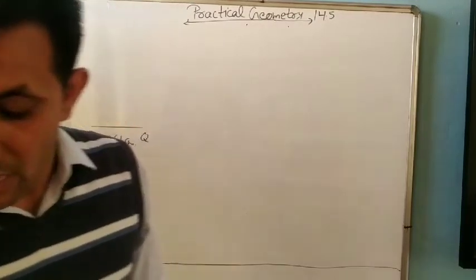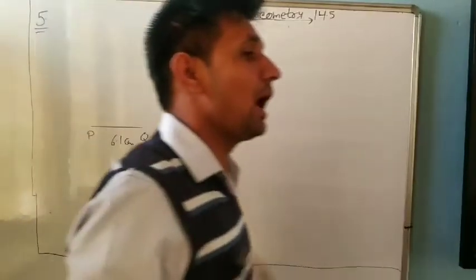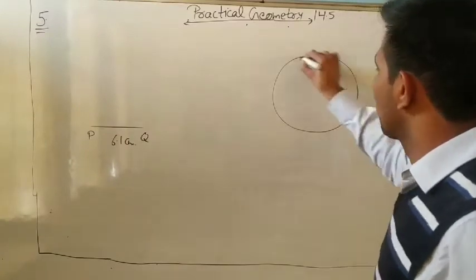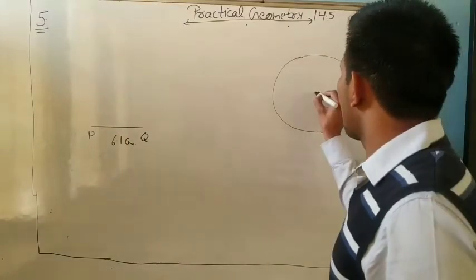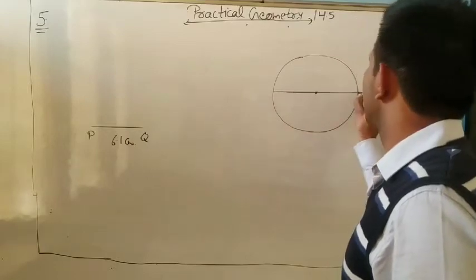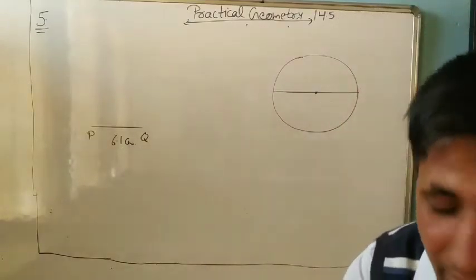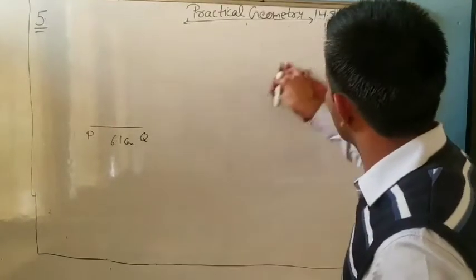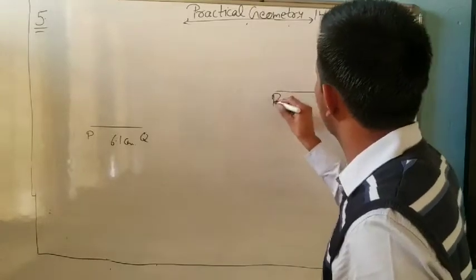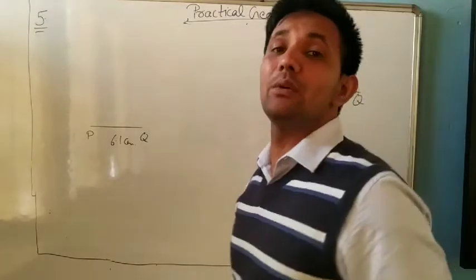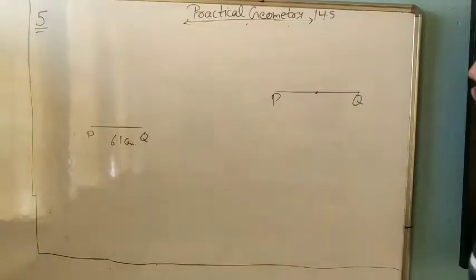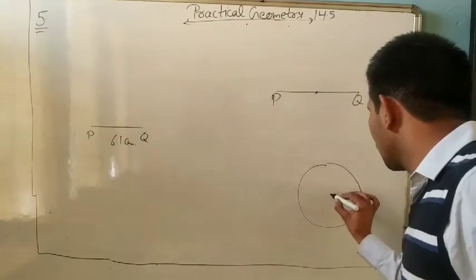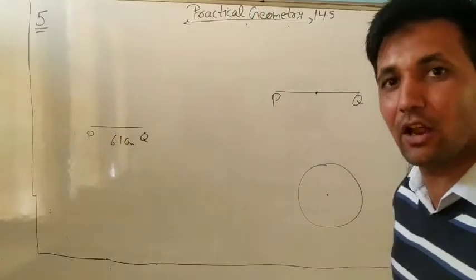Next is given as diameter. Draw the circle. Everyone knows, as I already told you, in any circle a diameter always passes through the center. Suppose it is the PQ line. Now you draw the circle. The circle is not given, only the diameter PQ is given. If you want to draw a circle, we need the center every time. If you know the center of the circle, we can draw the circle easily.